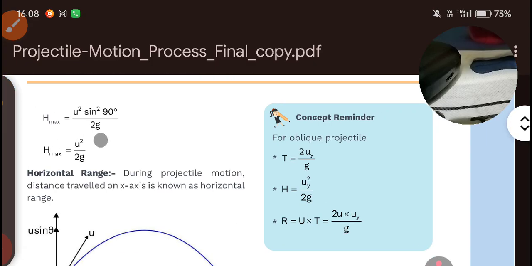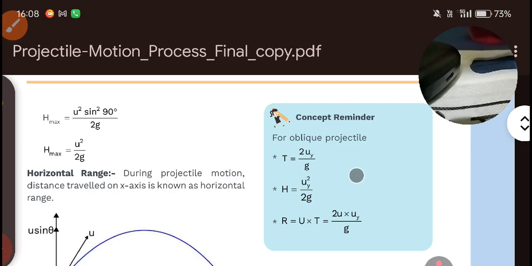H max is equal to, we have seen this thing, H max is equal to u square upon 2g. This became this much, u square upon 2g. How? Because sin 90 degree is going to be 1. Concept reminder: for oblique projectile, t is equal to 2 uy upon g, and h is equal to